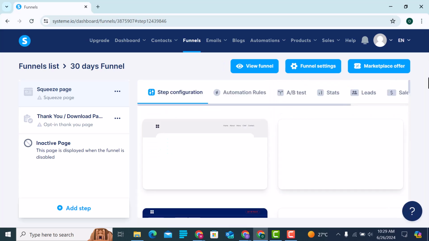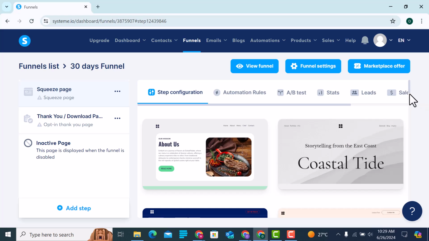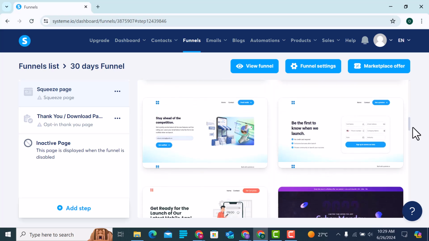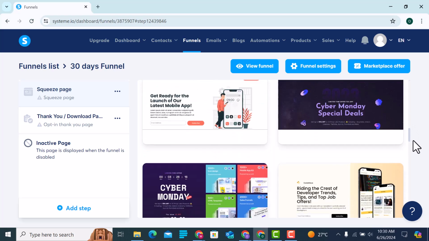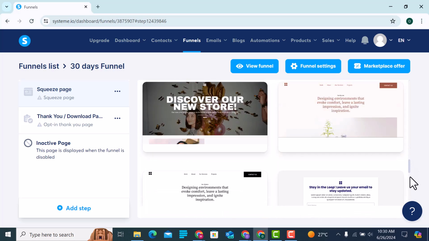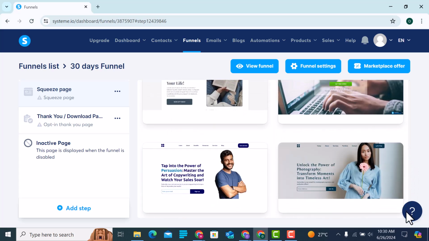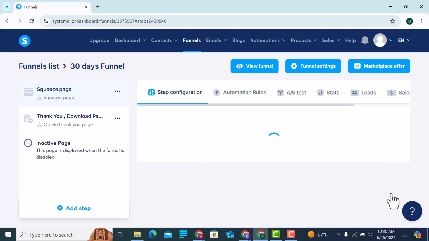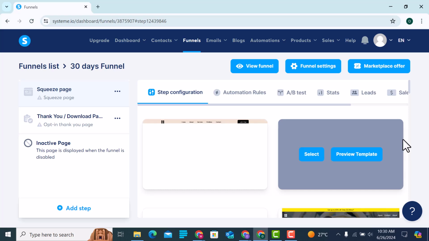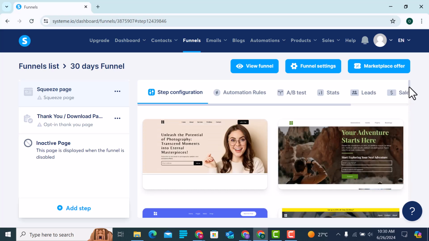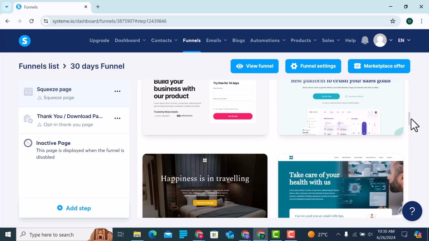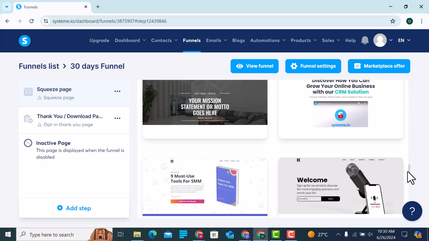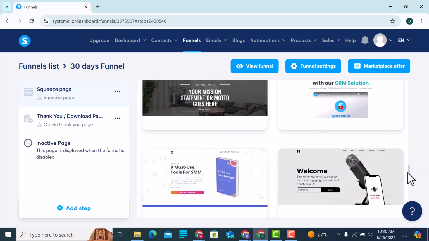Let me see if it has more options for me. I'm trying to find a blank page that can be used. These are all templates that you can use. If I don't find a blank page, I'll just pick any one.